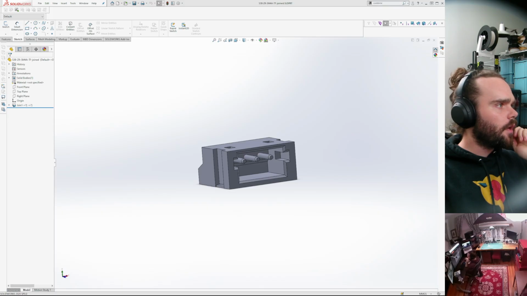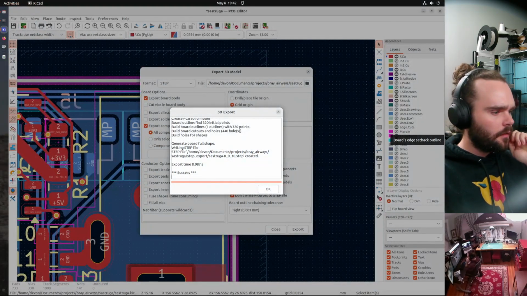Okie dokie. Now we can bring this into KiCad. Actually, let's just keep working through these.